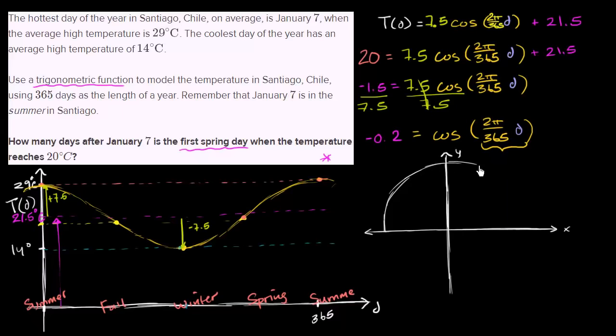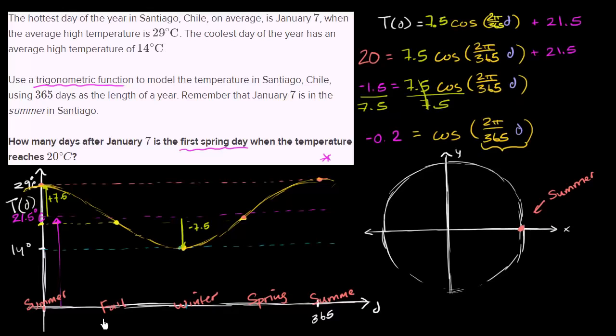So, a circle of radius 1, centered at the origin. That looks, well, you get the picture. We've done this many times before. And January 7th corresponds to this point right over here. That's the point where we are in the summer. Then as the days go by, our argument to the cosine increases, the angle increases, and this right over here